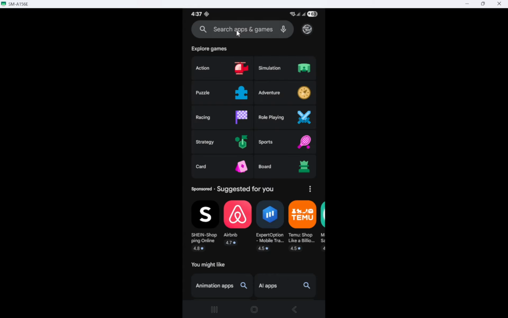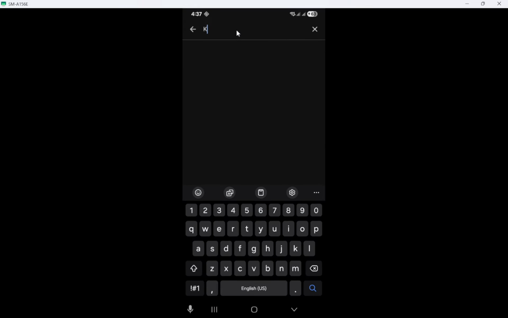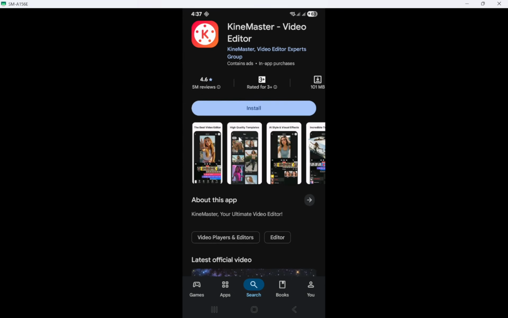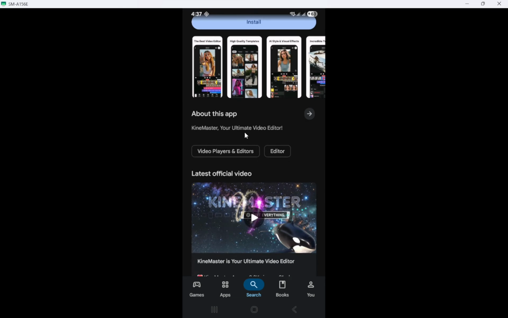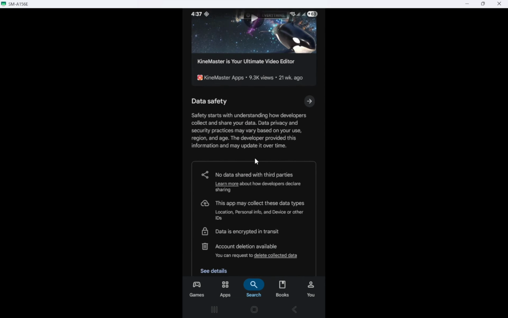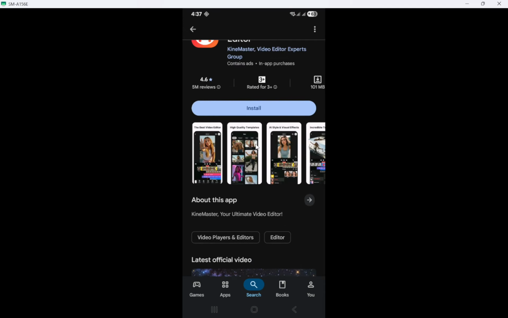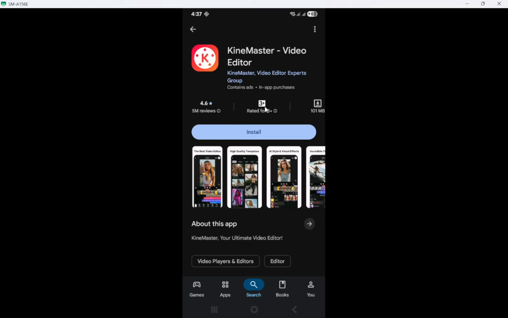You'll want an Android device running version 7.0 or higher, a stable internet connection so the download doesn't pause or fail, and enough free storage space to install the app and save your projects. If you're unsure about your Android version or available space, you can quickly check those in your phone's settings. And if your connection is spotty, moving closer to your Wi-Fi router or switching to a stronger network can help.